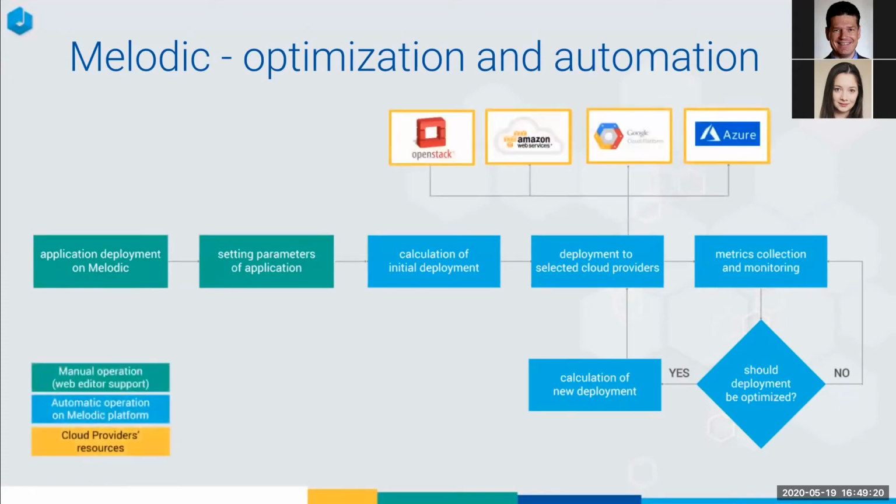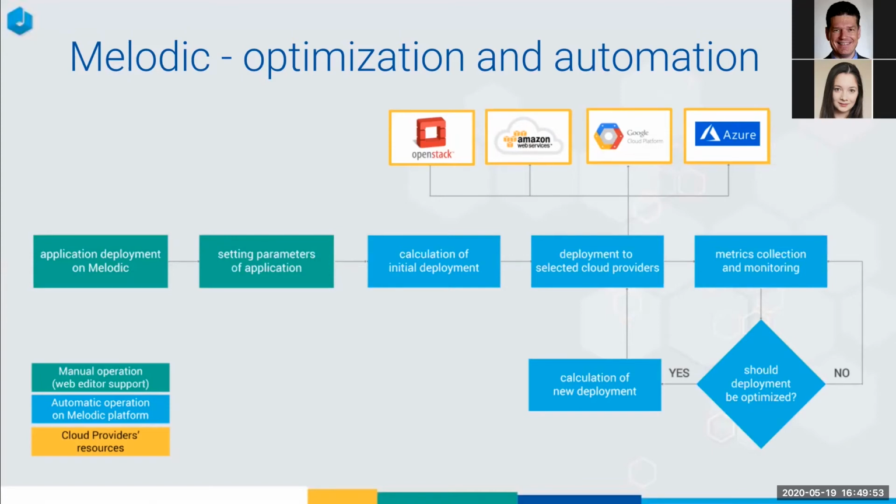Currently, Melodic supports deployment on big cloud providers like AWS, GCP, or Azure, and also OpenStack. When the application is ready and working, Melodic starts collecting user-defined metrics about the currently running configuration. If a better solution appears, or the actual solution becomes unacceptable because of one of the constraints, the reconfiguration is triggered. Melodic continues looking for a better solution for deployment and makes the reconfiguration if the newly found solution is significantly better